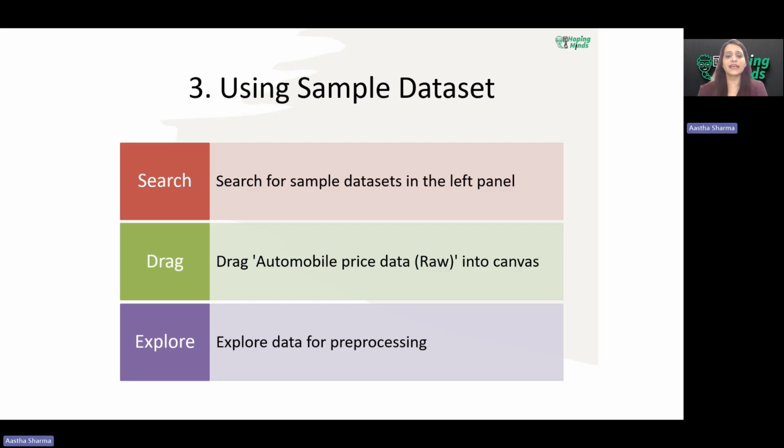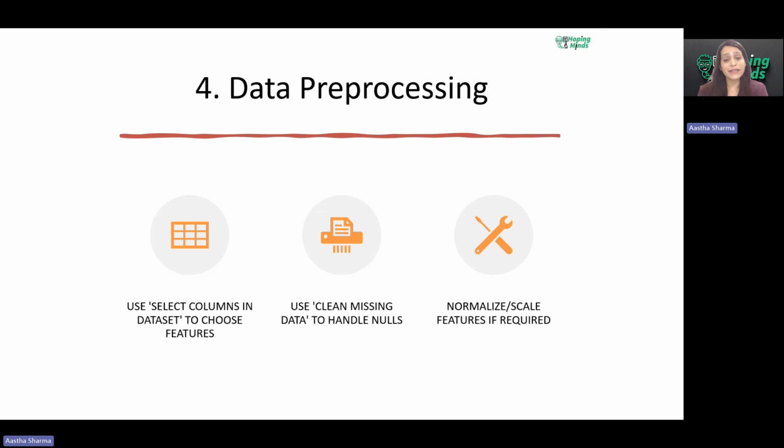Moving to the next part, which is data pre-processing. This is the next step, a very important phase: cleaning and preparing your data. If it requires, then you can clean. Otherwise, you can select columns in the data set to pick relevant features, like if you are creating a model for car resale. Right now I'm going to take an example of the data set which you can select, that is car resale value. So you can choose horsepower, make, price, handle missing values like clean missing data, or normalize numerical features if needed.